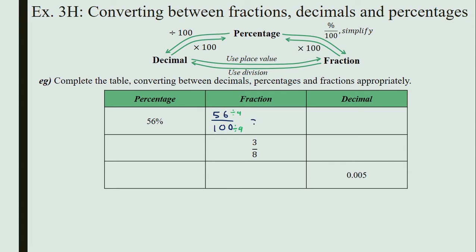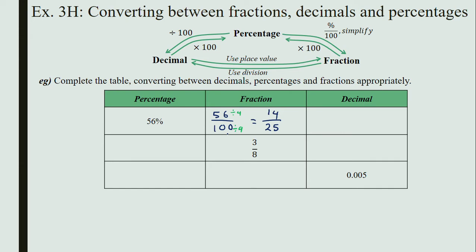You might use a calculator as well to help you simplify this, but 56 divided by 4 is 14, and 100 divided by 4 is 25. So when we convert percentages to fractions, we write the number before the percent sign above 100 and then simplify